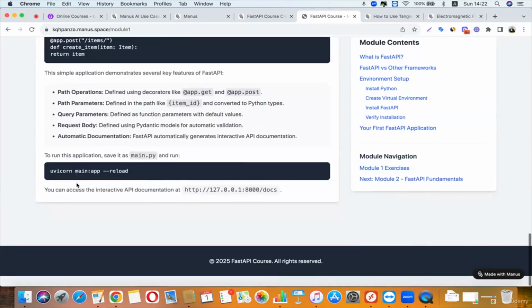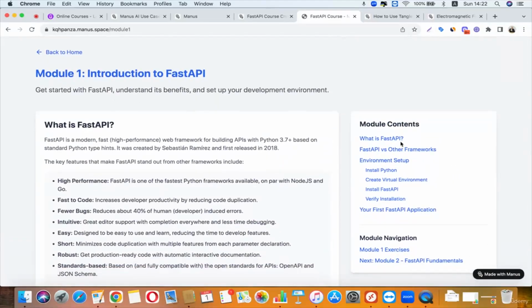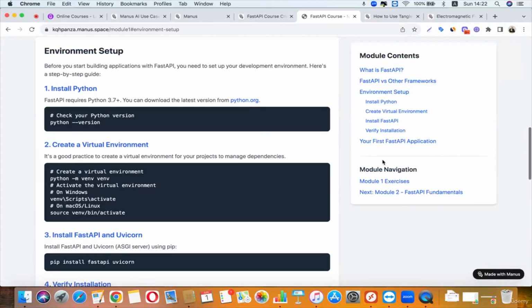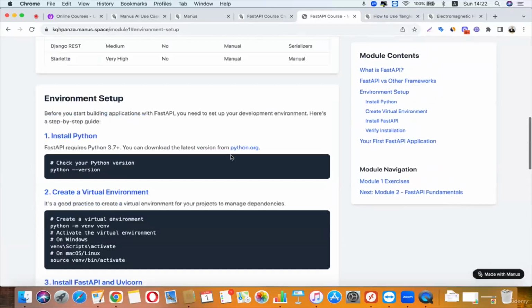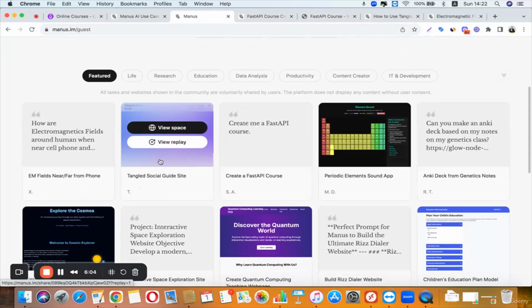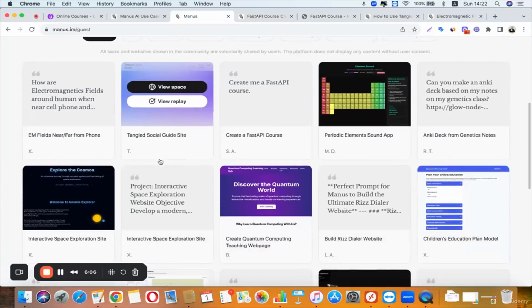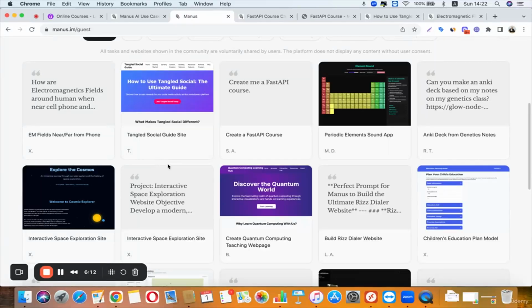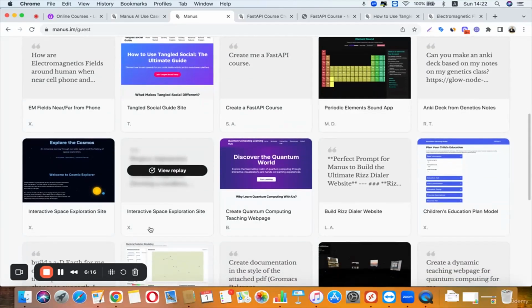We have this module, we have additional materials, we can move from one module to another, so it looks really amazing. Let's proceed. We can find a lot of different examples for web applications, for mobile applications, websites,